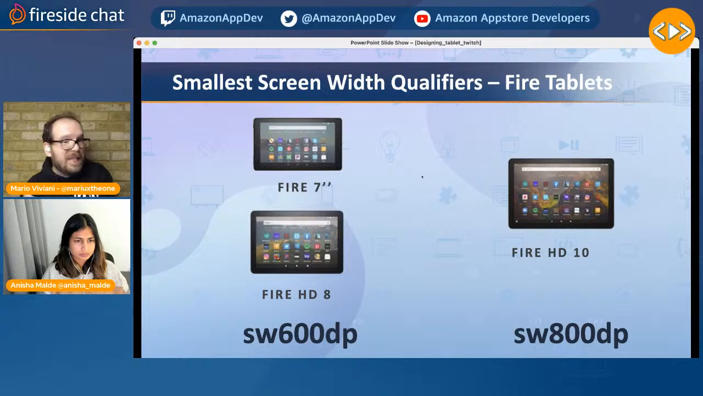And then there is another one, which is the Fire HD10, which is a higher density, bigger device, which has a bigger display. So this one requires a different smallest width qualifier, which is sw800dp, as Anisha has just said. But the cool thing is that just by using these two, we're targeting all the Fire tablets, at least the latest generation. And this means that we can actually provide pixel perfect resources using this targeting. However,